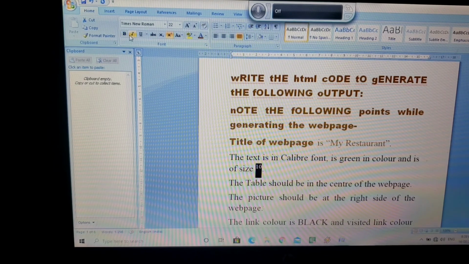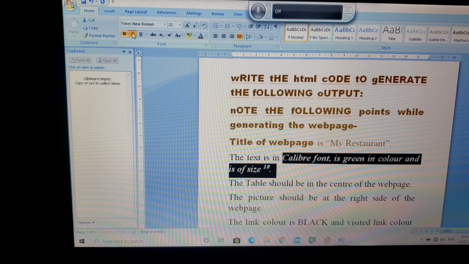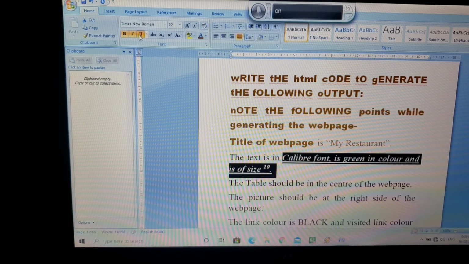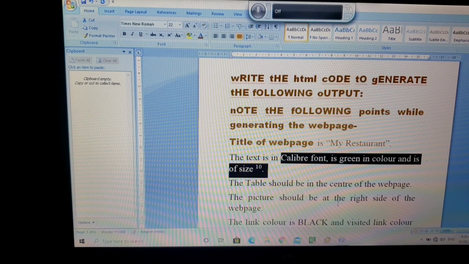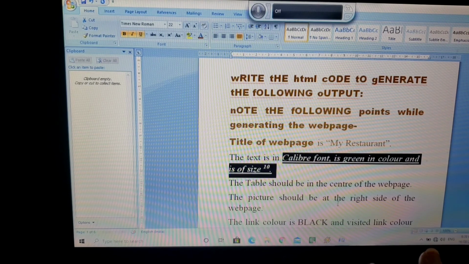Could you see this bold, italic, underline, whatever you want. If you want to make it bold, italic, or use underline, all these things you can use from here. Or the same thing, if you want to use it with the keyboard, you can do it. How could you do it? Keyboard combination of bold is Control plus B. Keyboard combination of italics is Control plus I. Keyboard combination of underline is Control plus U.